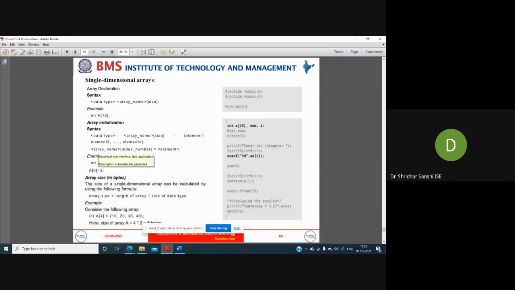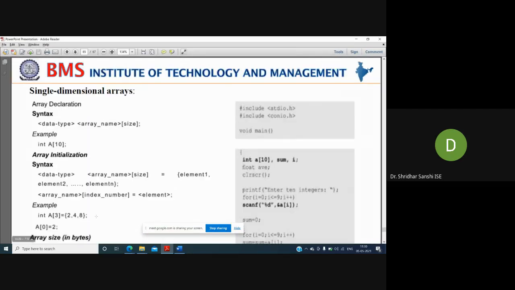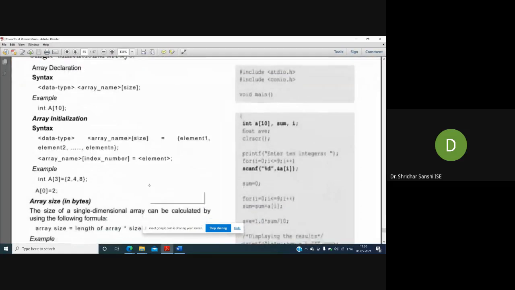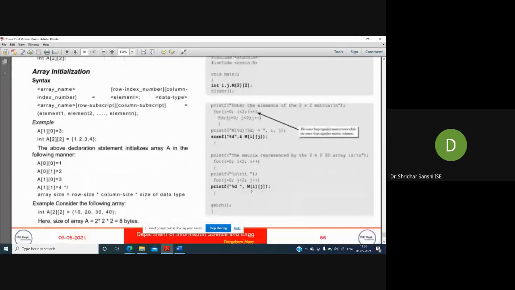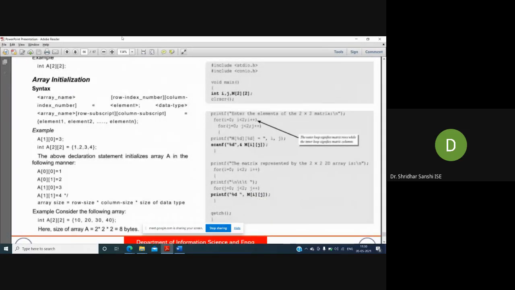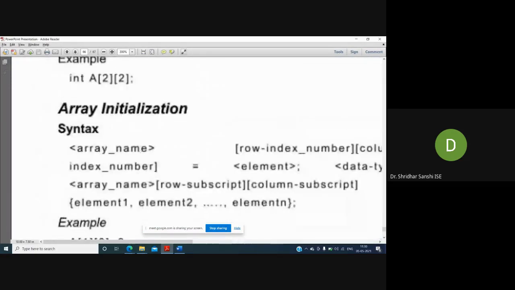Now we will see how to access array elements, how to do some programming using an array. Here is an example. I hope it's visible now. I have shared the PPT.